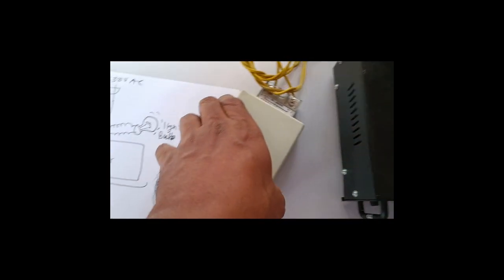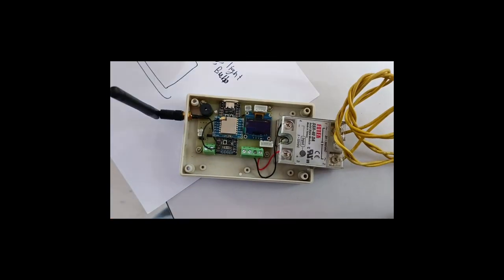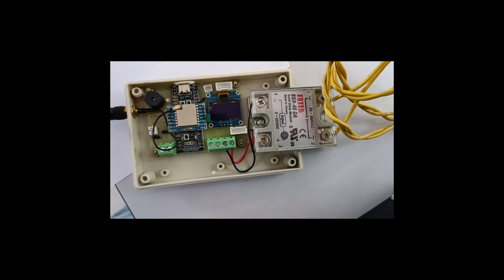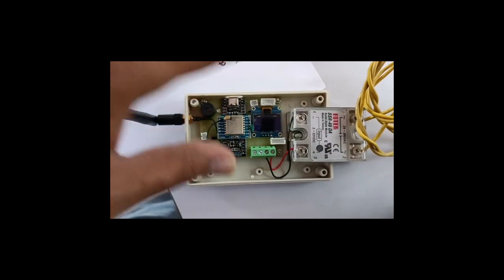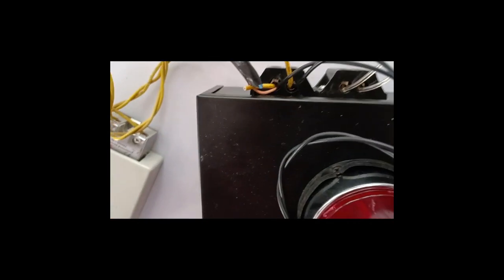So this is the LoRa receiver side, and if you open it, there is a solid state relay with the wiring for that switch. Whatever the LoRa receiver output is, it will connect to these activation wires. So if you go back to this